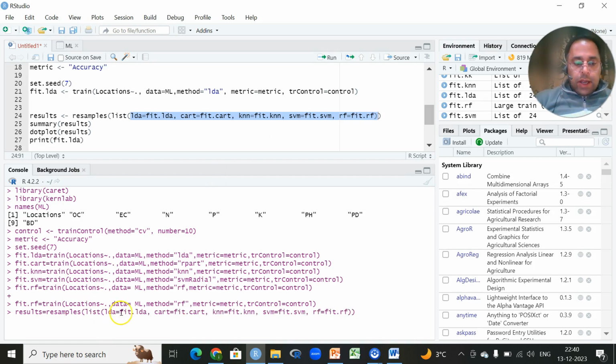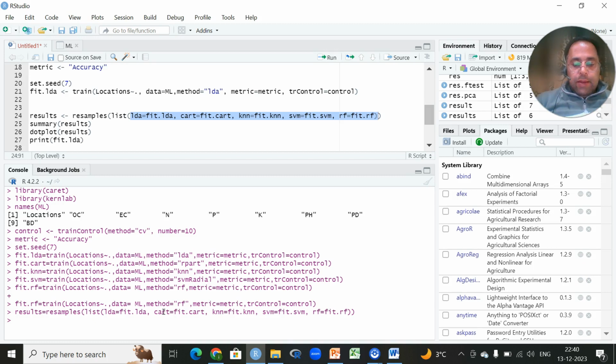Since we are giving fit.lda the name LDA, since we have already written this function, we will click enter. So all the results will be displayed in one go, so that we can compare all these algorithms in